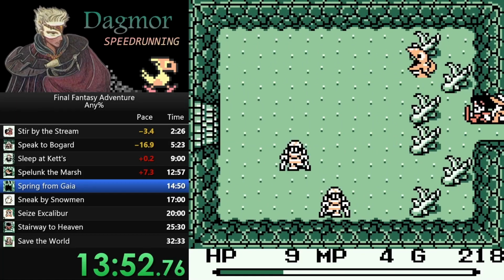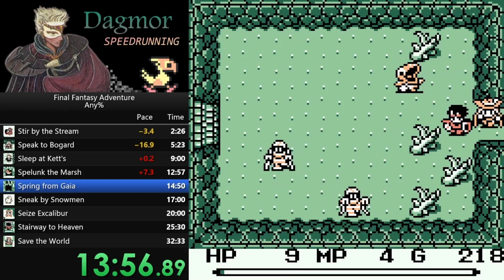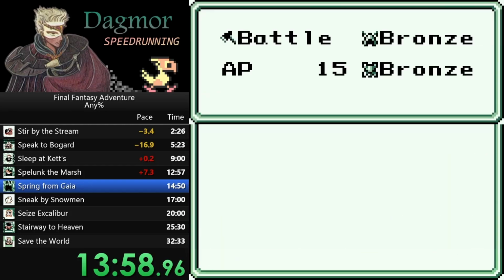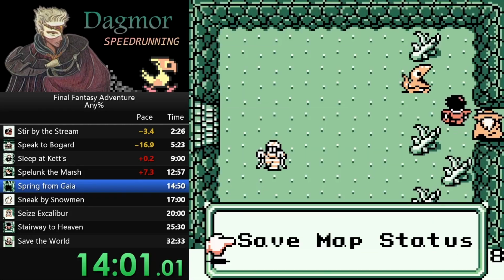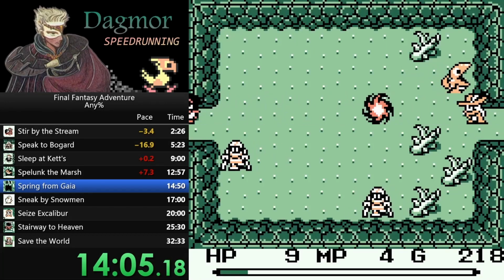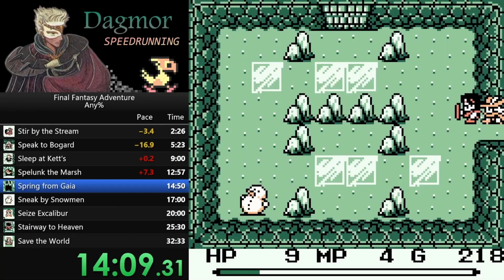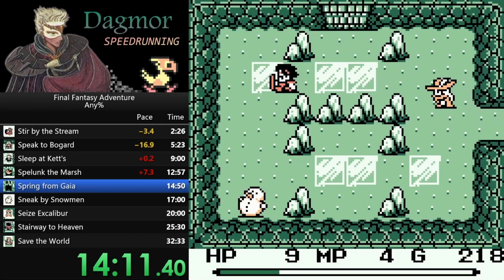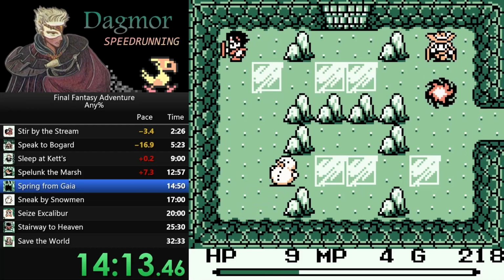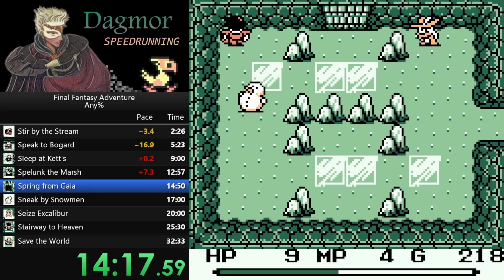Keep going left. First use of the axe here to get past these logs. I saved here because I didn't know if that lizard was going to come down and bite me. Alright, so this part of the route is dance with the snowman. The goal is to get to the